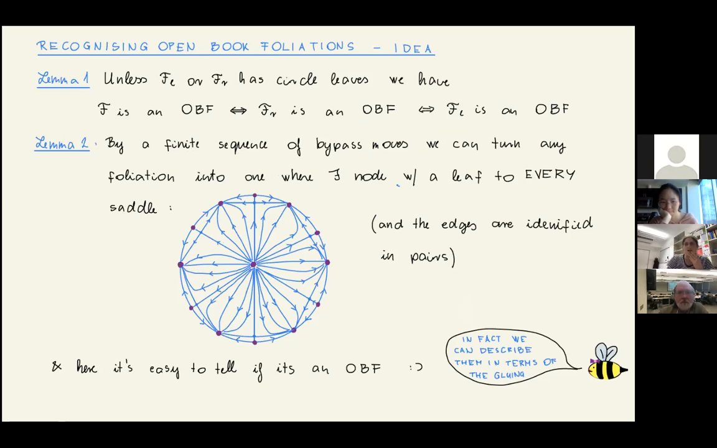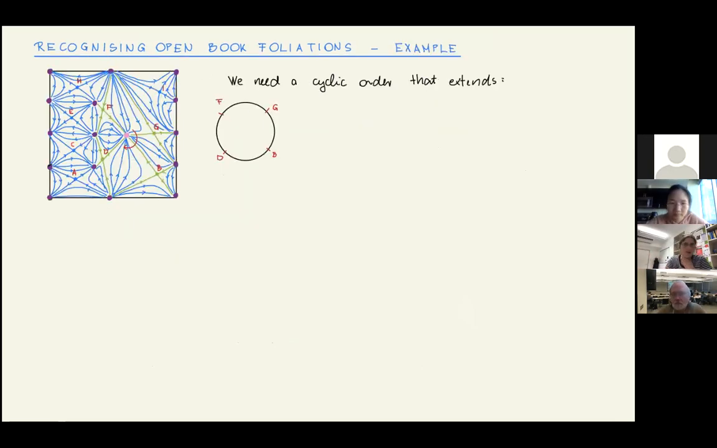Once you have a cyclic order, then you just have to check if that's right, and that's easy to do. We can even give a complete characterization in terms of some permutation. All right, so let's just look at one example. So this is an open-oriented foliation on a torus, and